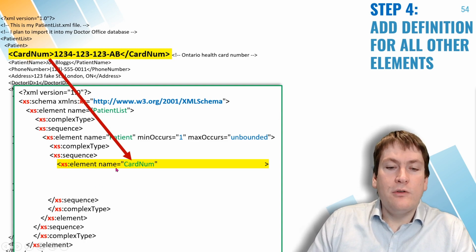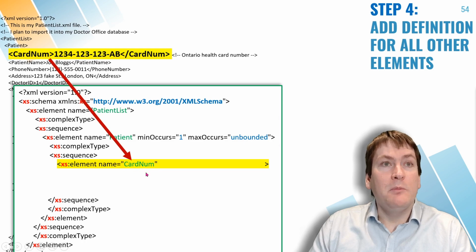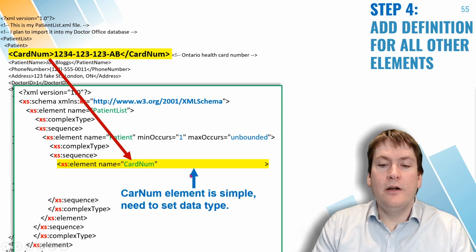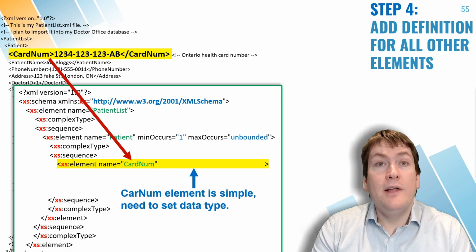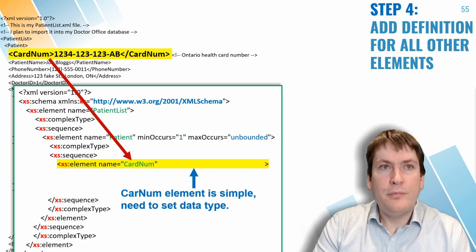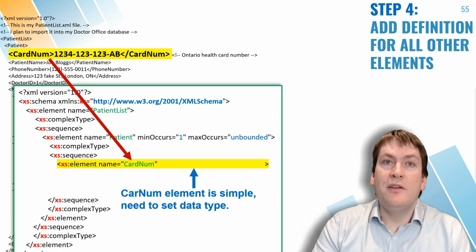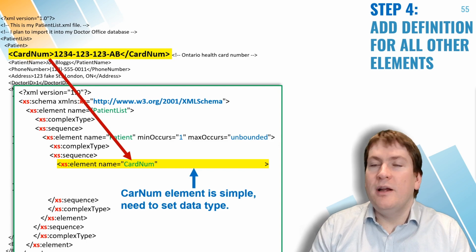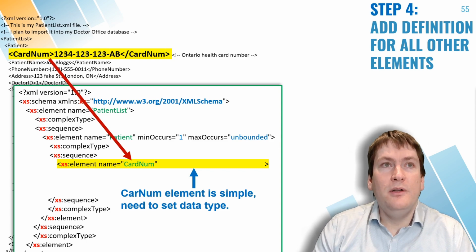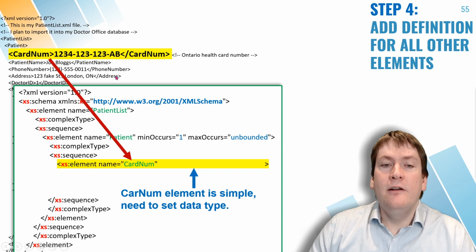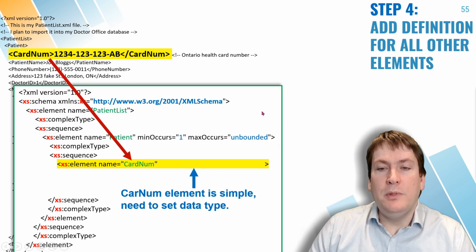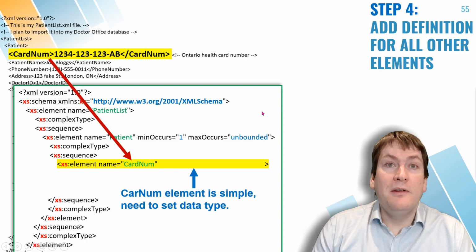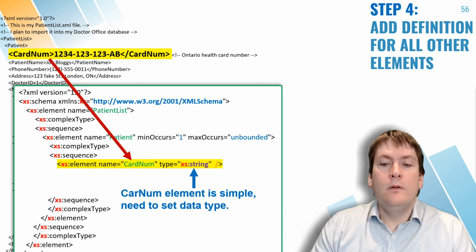So we've written in so far element, and we've said the name is card number, but we still need a little bit more here. Remember, when it's a simple element, we have to define a data type. So we have to say what kind of data can be stored in this element. You might be thinking, well, it's card number, maybe this should be a number, maybe an integer, maybe a decimal. But when we actually look at the formatting of the data, we have a few extra things in here. We have dashes, and we have 2 letters on the end, A, B. So there's only one data type that we've seen so far that would allow this, and that's going to be